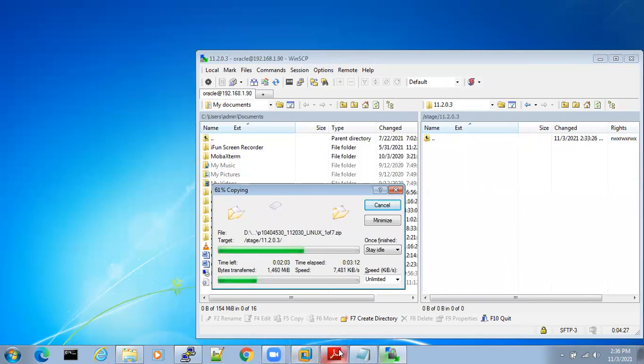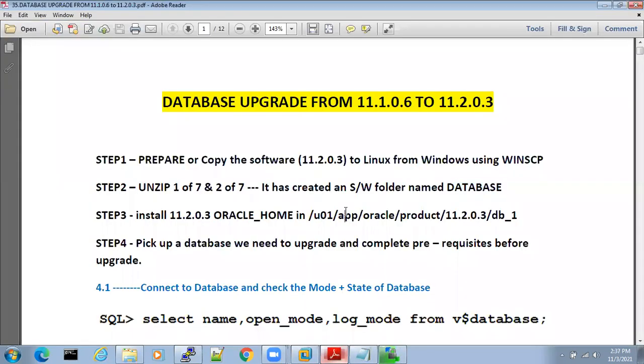See, we are not upgrading the database now. We are actually installing the software. To upgrade any database from one version to another version, the target version software should be installed first.